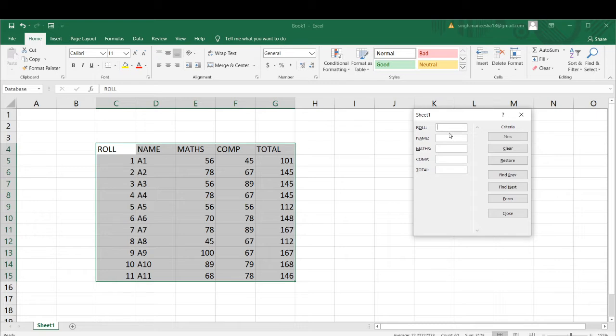Like I want to search roll number 4. Then press the Enter key. See, roll number 4 is A4, and maths marks and computer marks, everything is now coming. So this is the way to search any record from the whole database.